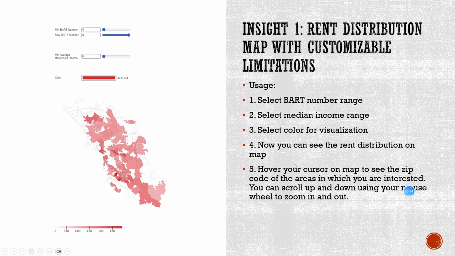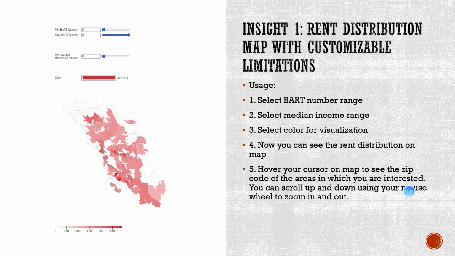Hello, this video is a progress report of my study, a rental decision maker in the Bay Area. I'm going to have 5 insights, and my first insight is a map visualization, which is a rent distribution map